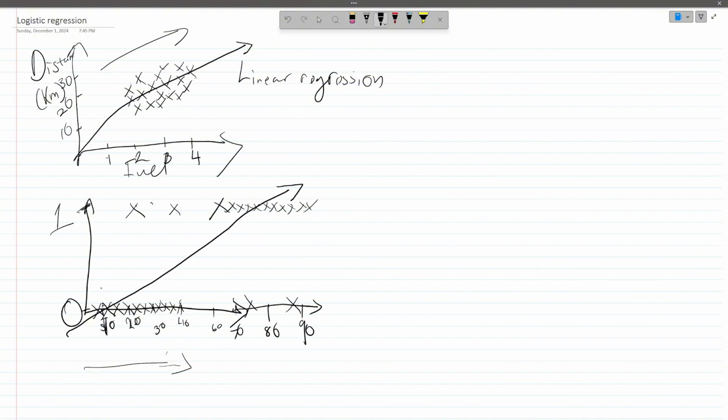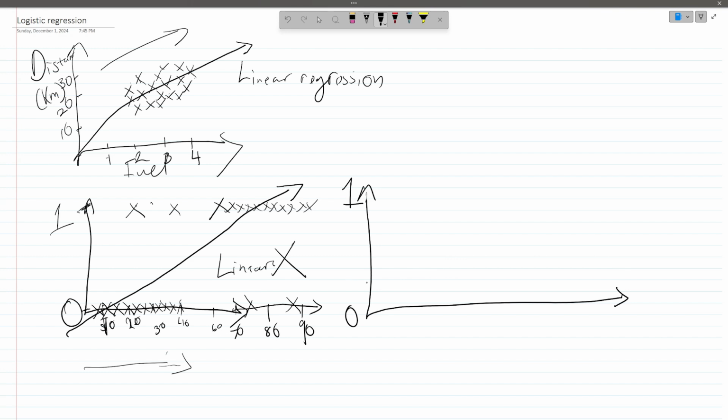So for this kind of problem, if I draw a line through this, you can see that it doesn't really do justice to helping us classify whether it's going to be a 0 or a 1. So the best option is to do something else. Linear regression is bad for these kinds of problems. I wouldn't recommend it, and no one would recommend it, to be honest. But what is the best solution in this kind of situation, when you have 1 and